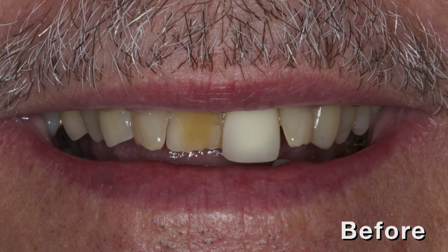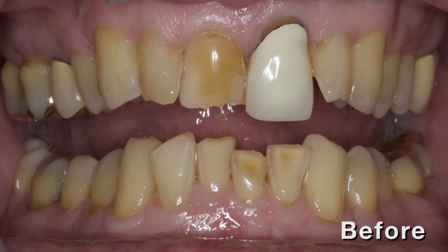For today's case, we have a patient with a chief complaint of a somewhat unaesthetic crown on tooth number 9. As you can see, it is a bit high value and monochromatic, but considering when this was made, it was actually probably the most aesthetic option at the time. He told us that 46 years ago, he suffered a trauma to his maxillary left central, which was restored with